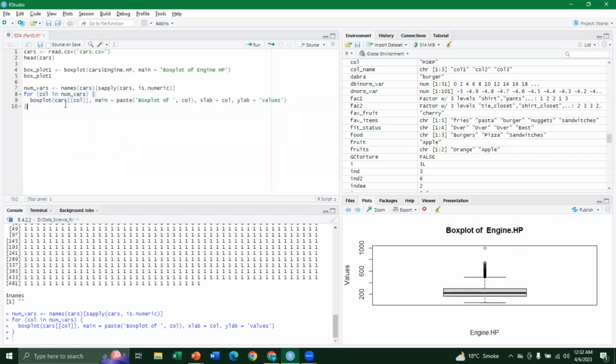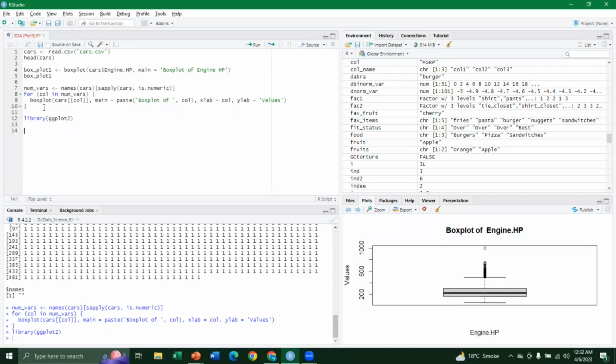So that's how you can create a box plot using the simple box plot function. Now, let's talk about how we can create a box plot using the ggplot2 package. At first, I have to load it. All right. Then I will say box plot3,